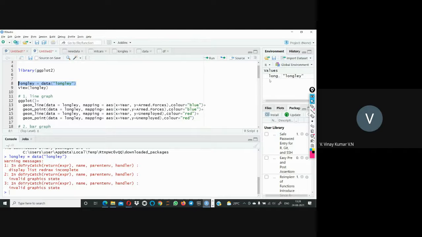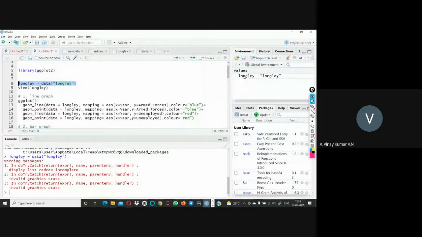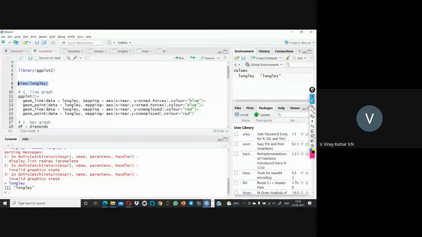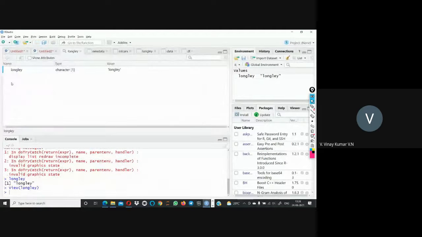You can see in the console that the data set is uploaded. Here, capital V, View, Longley data set. This is available there.